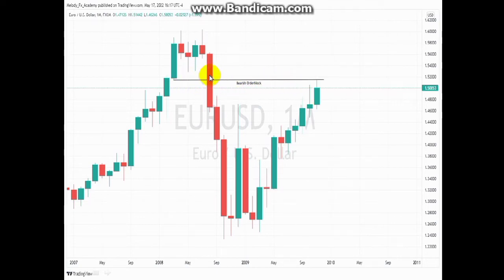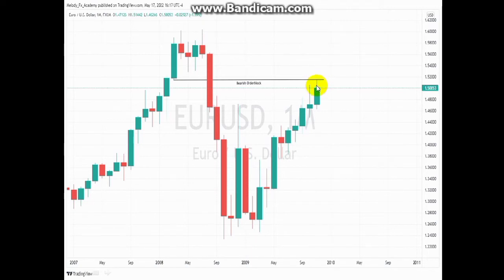Now price trades into our bearish order block. Where is the next level that price is going to reach for right now? Because smart money is probably going to offload their long position right here and look for sells, because as we can see, we are bearish. Okay, so this is just a retracement, right? So smart money is going to offload their long position here and look for short positions, you're going to sell to the buyers resting above here, right? So they are going to look for short positions right now.